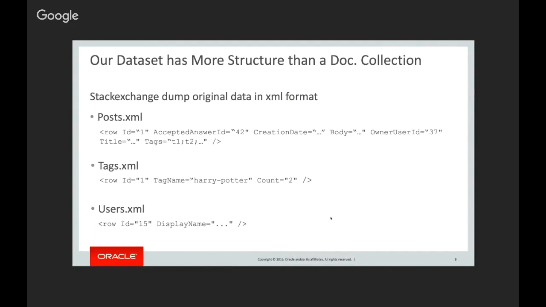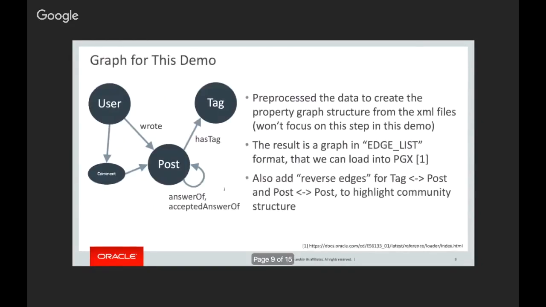And this is where I was right now. So this is just looking into the data set that we are going to analyze. So we have posts, tags, and users. And as you know from Stack Overflow, every post has an accepted answer, and there's just XML that you can download. And we have tags and users. So we have this data set, and what we wanted to have is a graph that we can use for this demo. And we pre-process this data from XML files and put it into our graph database. I will talk about this a bit later. Our graph database is called PGX. It stands for